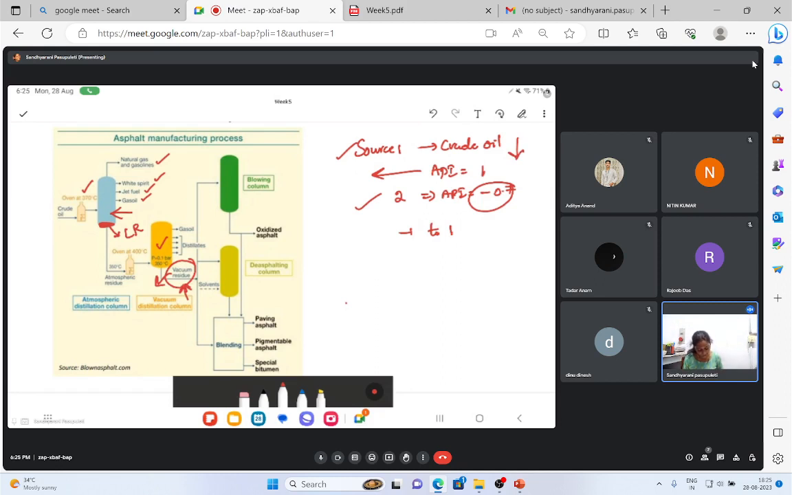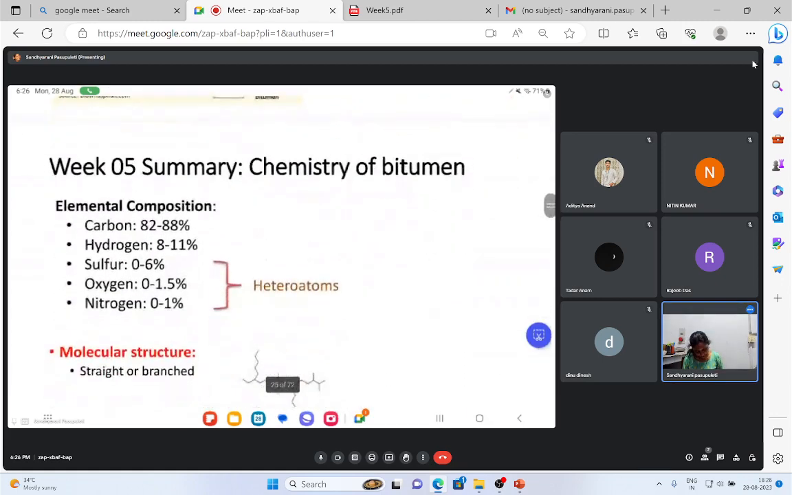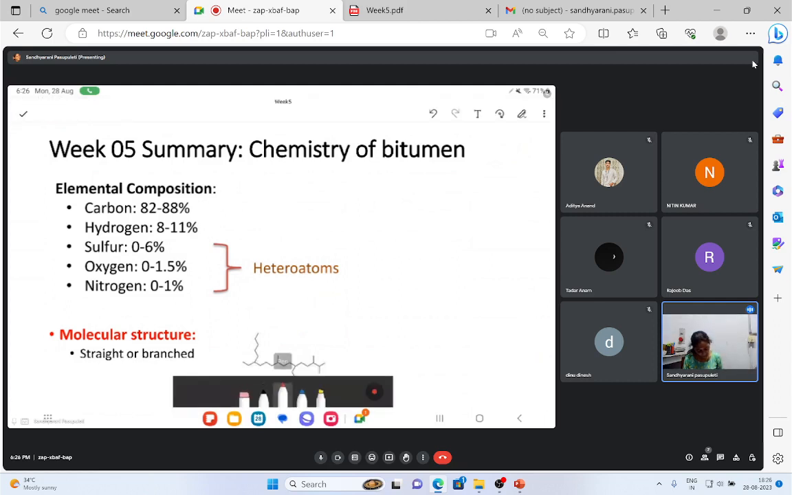This vacuum residue will be further processed to get the required viscosity, whether it is VG 30, 40, or modified bitumen, based upon our stiffness requirement. Let us say we have processed the bitumen. Though we have processed bitumen from various sources, the composition of that bitumen will not be the same. If I take the bitumen, the elements present are mostly carbon, hydrogen, and the